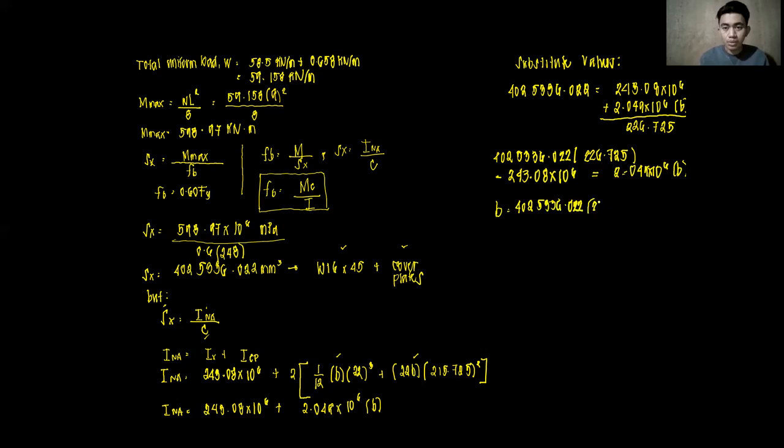Times 226.725 minus 243.08 times 10 raised to 6 divided by, I have there 2.049 times 10 raised to 6. B here now is equal to, input that on your calculators, ano yung lalabas? I think that is 326.78